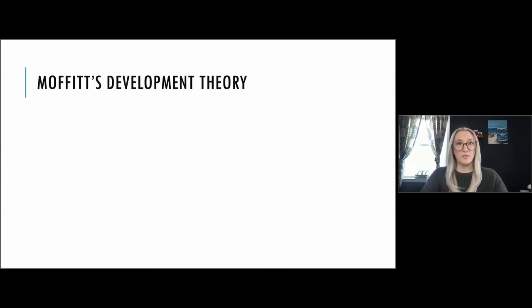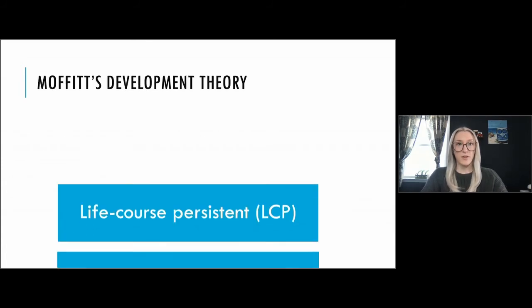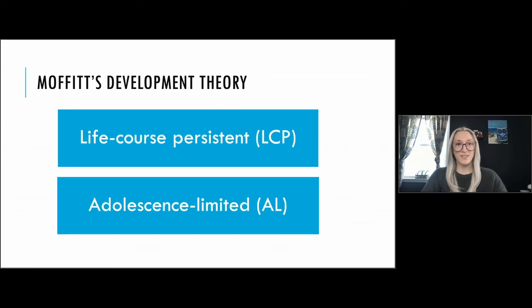So let's look at Moffitt's developmental theory. So we have here life course persistent and adolescent limited. These are the two main developmental theories. So life course persistent offenders are those who develop a lifelong course of delinquency into crime at a very early age. So they engage in delinquency as a juvenile and then they move into criminal offending as an adult. Adolescent limited, however, are those who engage in delinquency just as juveniles, and they typically desist around the age of